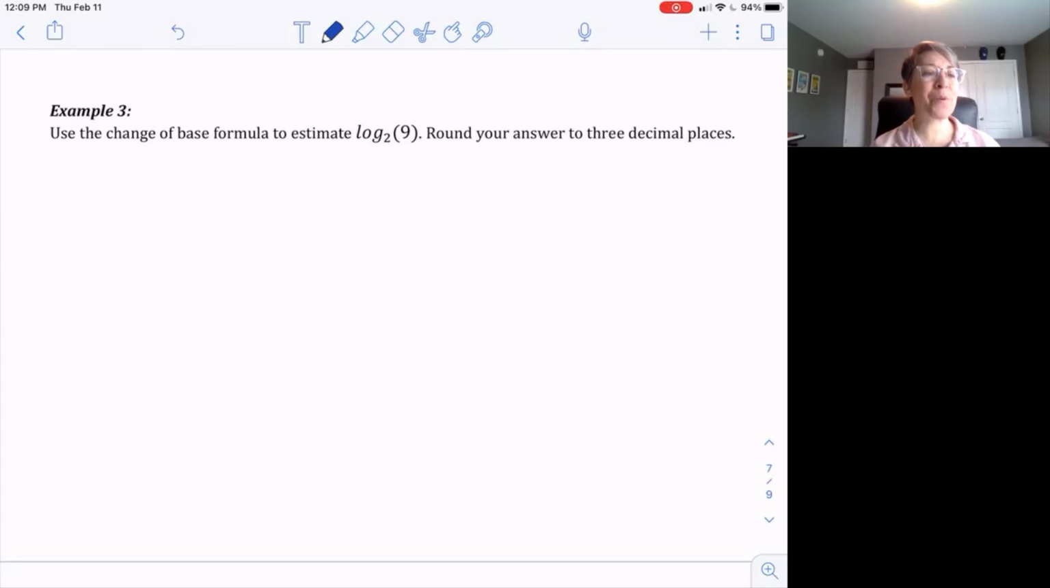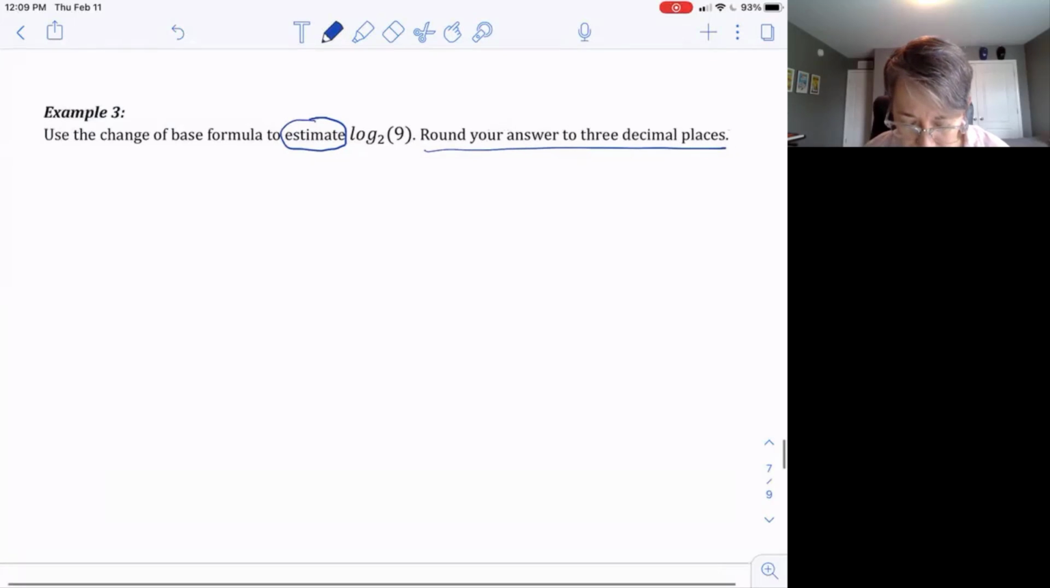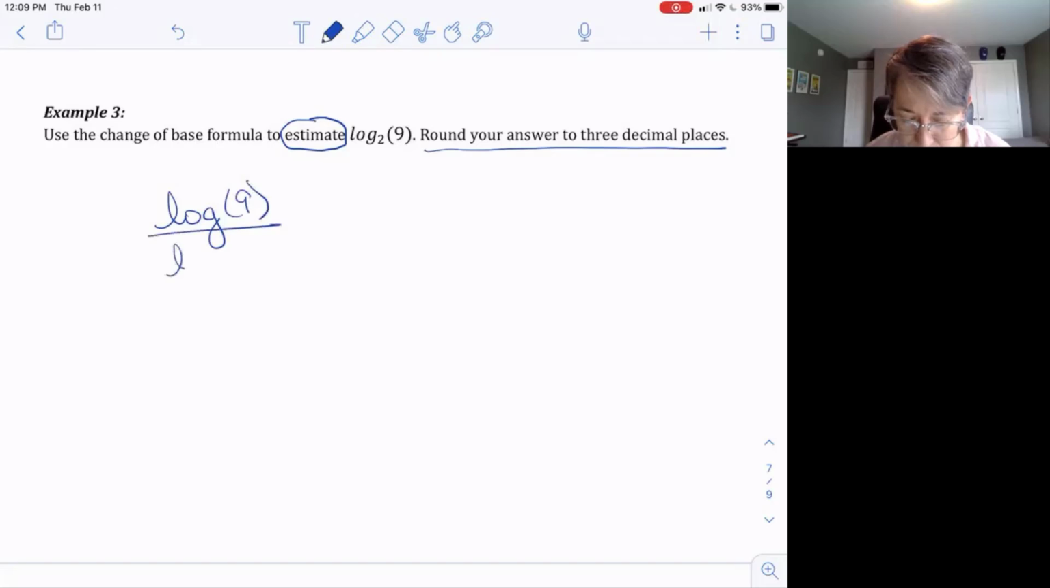In example 3, they want us to use the change of base formula to estimate, and there is a huge hint there, estimate log base 2 of 9, and then round your answer to 3 decimal places. The word estimate and round your answer is a hint we're going to be using our calculator because there's no exponent of 2, a nice number that we know of anyway, that would give us 9. So in our calculators, we can put log of 9 divided by log of 2, and that would give us approximately